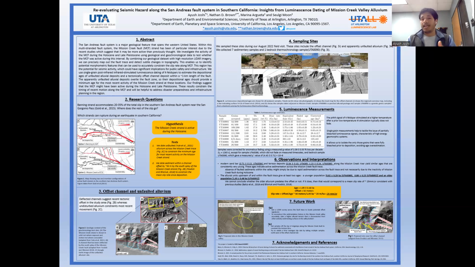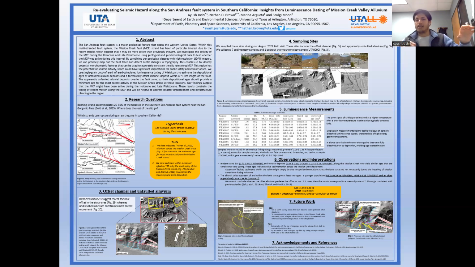The other explanation which I give is that normally these young ages would represent an active fault, but the problem in our case is that we haven't been able to locate offset signatures. Whenever a fault ruptures any region, it leaves behind certain offsets. You would either expect to see some scarps or you would expect to see some warped terraces, but we couldn't find any of these features in the area. So it's part of our future work that we want to locate these offset signatures, because young ages coupled with offset signatures will give us a very conclusive argument about the activity of Mission Creek in this region.